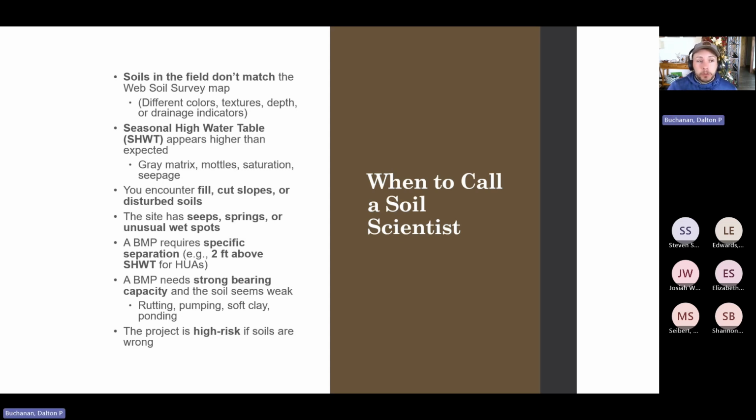And if your BMP needs strong bearing capacity or the soil seems weak, so you're seeing rutting or soft clays or ponding, that's something that I would flag. If most of you have a project that is high risk if soils are wrong, I would double check with soil scientists. A lot of the high risk things end up being engineered practices anyhow, but it's just good to